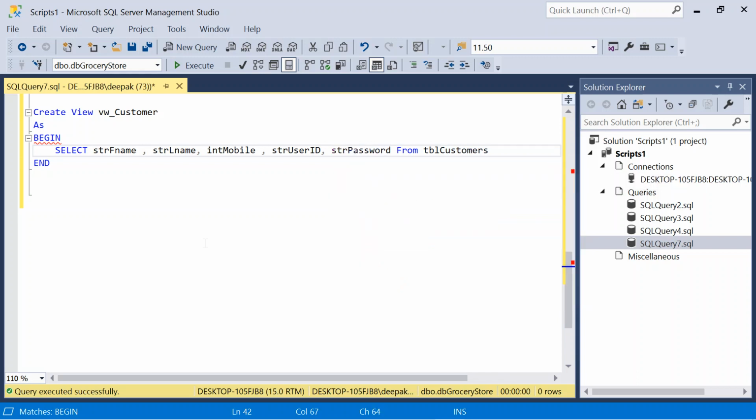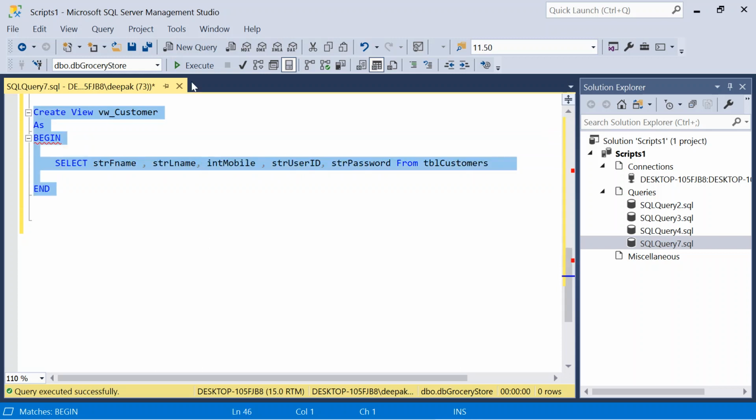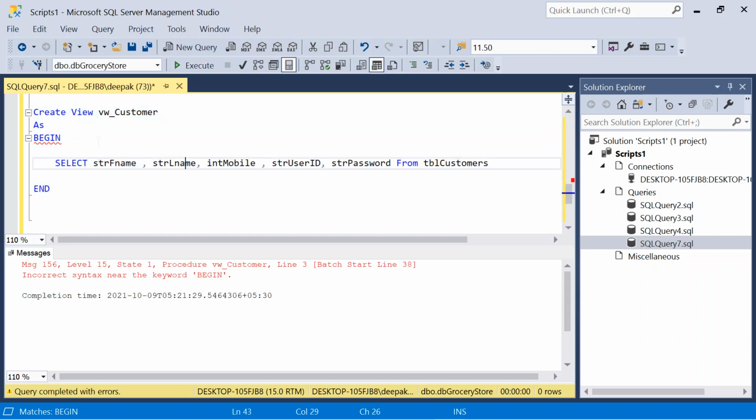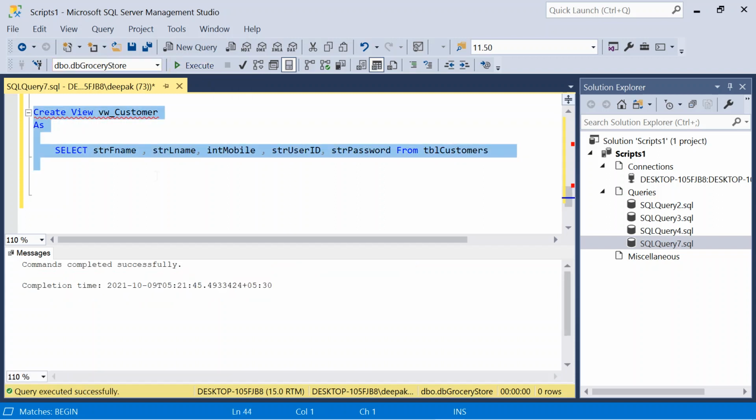Right, so in this view we are retrieving basically fname and lname, mobile number, user ID and password from table customer, right? So let us execute this. So it is created.